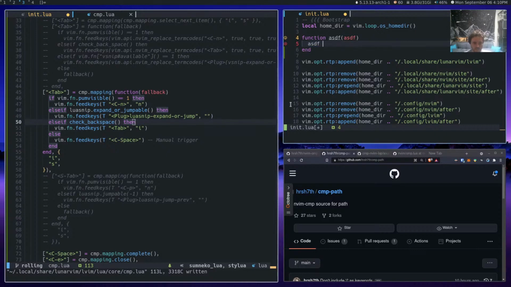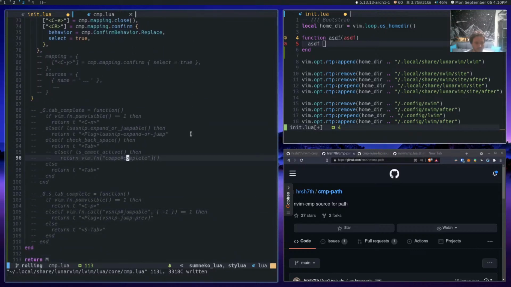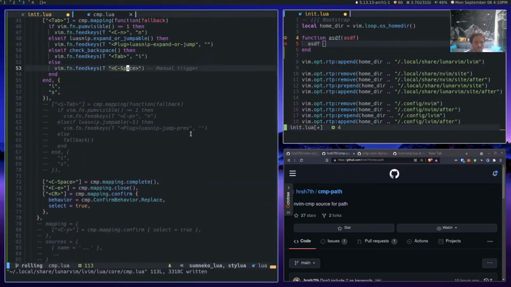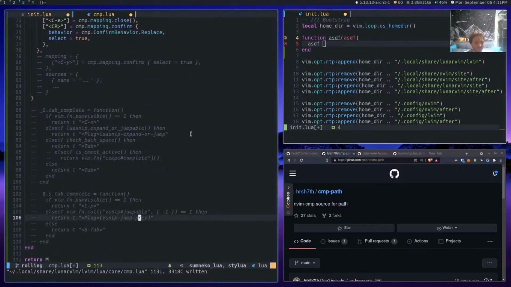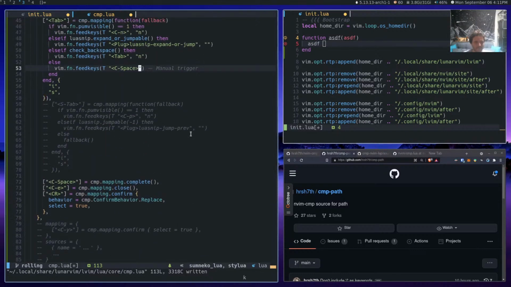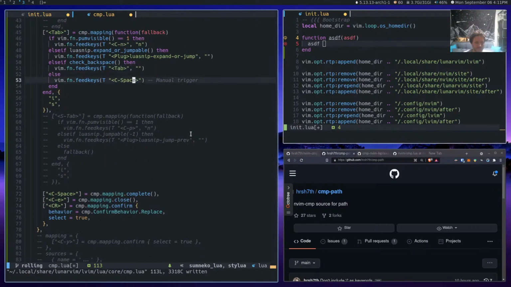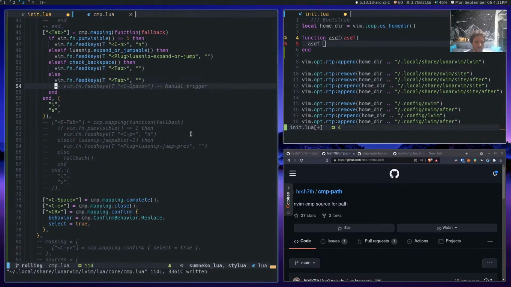Yeah, I can't even get like regular tab. Let's see. Oh, that's this. That's that line. So if we look at just tab, yeah, that's what I want it to be, just regular tab. This is maybe a personal choice, but I don't know what that N's for. Do I even need that N? Can I just take this and pop that down there, get rid of that. And then now that won't manually trigger.